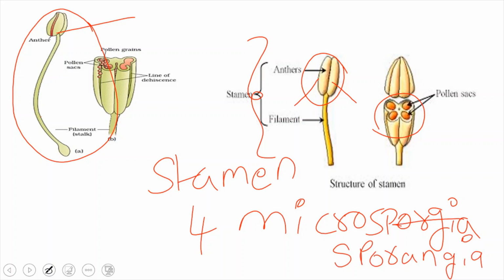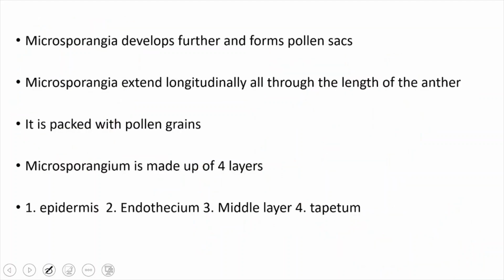So androecium is known as the male reproductive organ, which contains stamens. A stamen contains two parts. One is the long stalk called the filament, and the terminal part is known as the anther. The anther is a bilobed structure, and each lobe contains two theca, that is dithecous, and each lobe contains two microsporangia at the corners. So totally four microsporangia are present inside the anther. This is the basic structure of the stamen: anther and filament together we call the stamen.